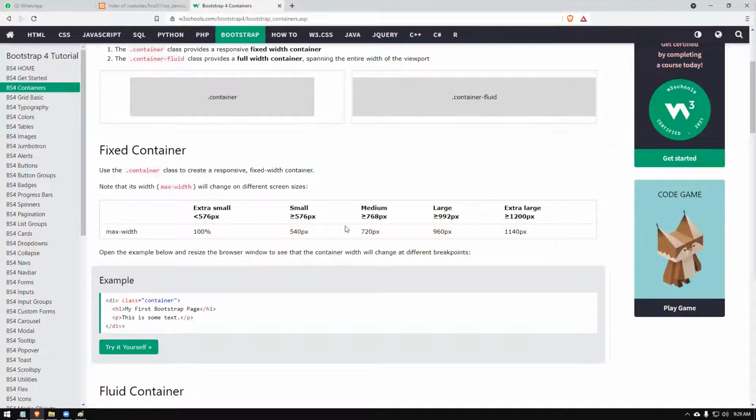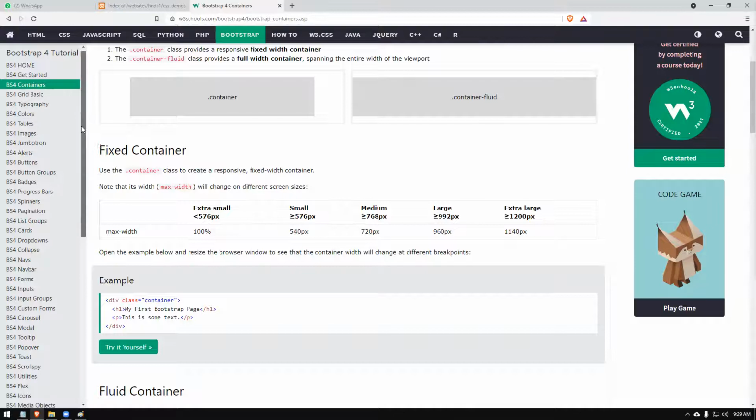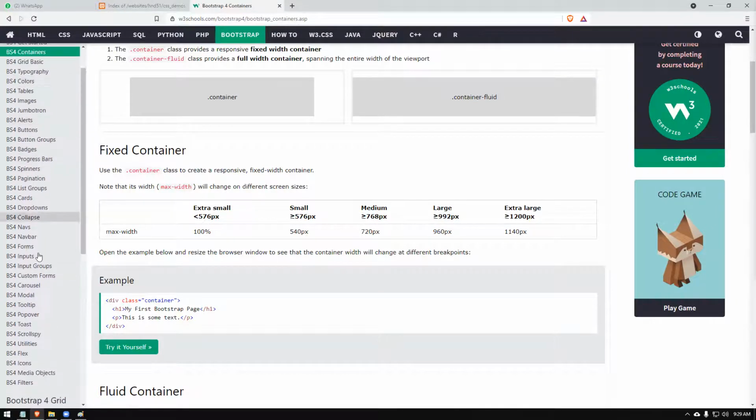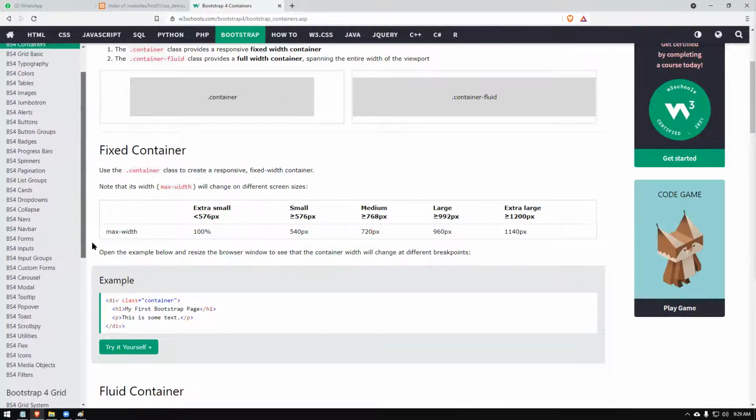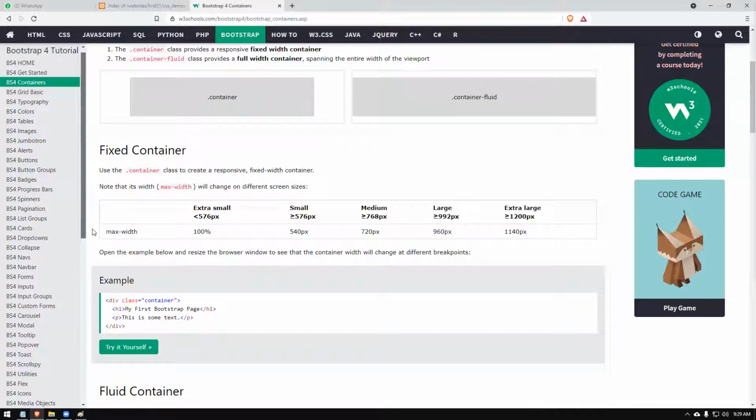They have very nice resources here. After I teach you the basics, once you go through this, you can keep this as notes for yourself, and you can build certain things very nicely. I won't be able to cover an entire course on Bootstrap, but I can help you build the web pages.